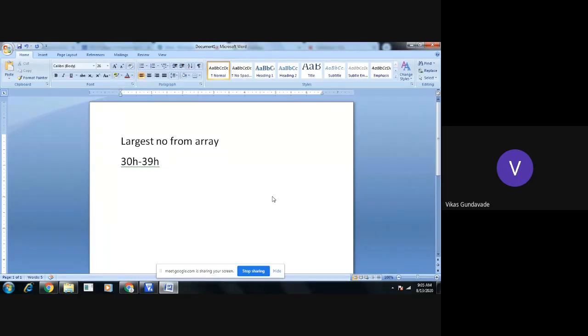If we try to write the algorithm here, first we need to initiate the memory location and set the counter. Okay, so we need to set the counter for 10 numbers. After that, the first number from the memory is taken into the accumulator. After taking the first number into the accumulator, the next step is we need to increment the memory location.